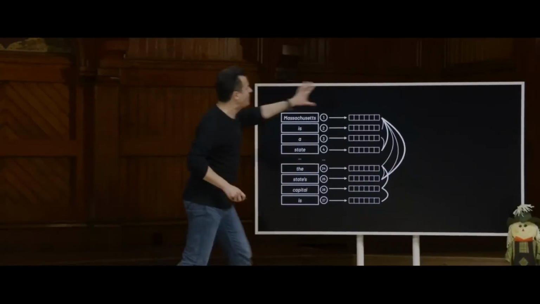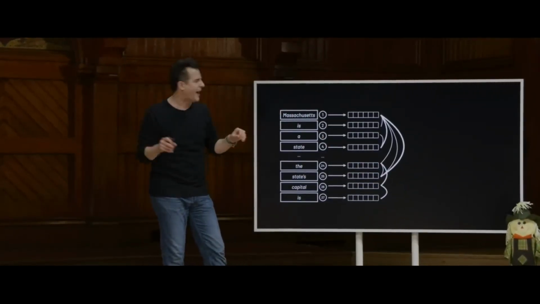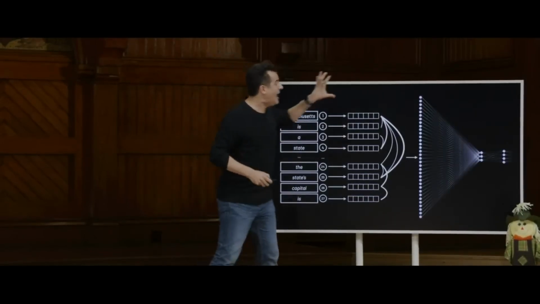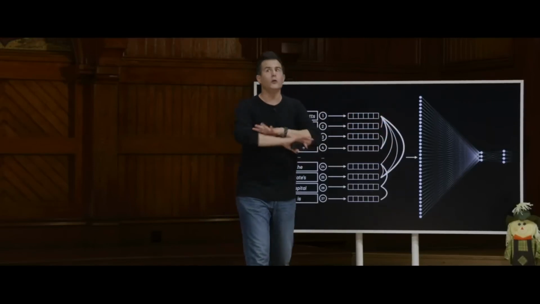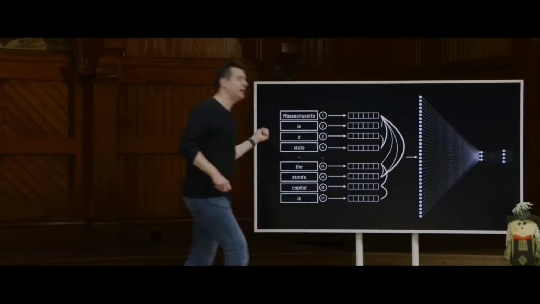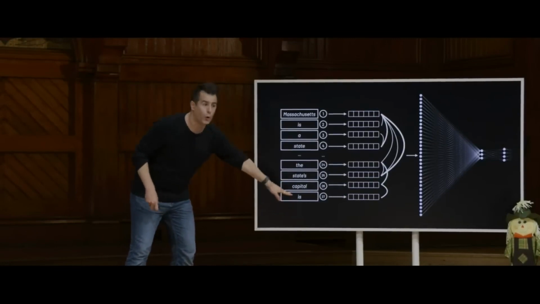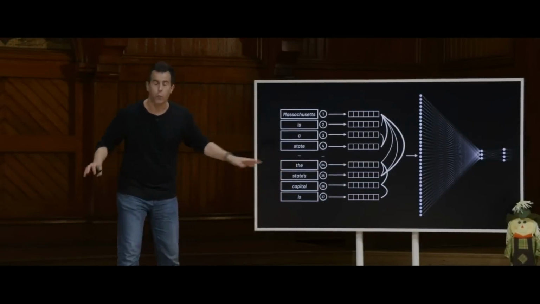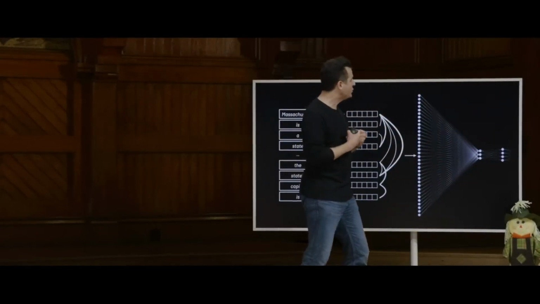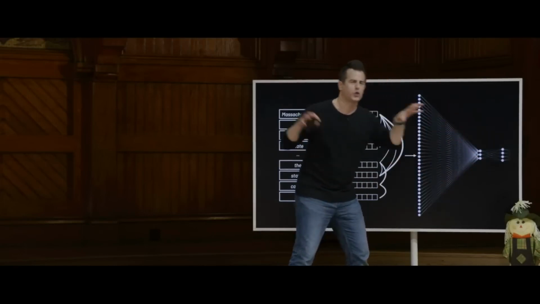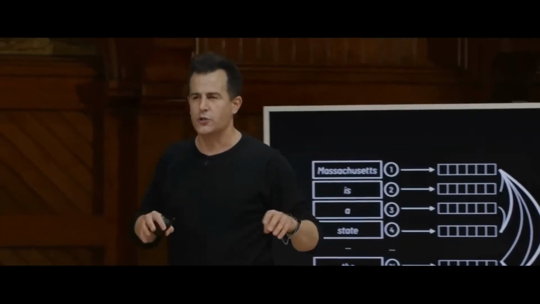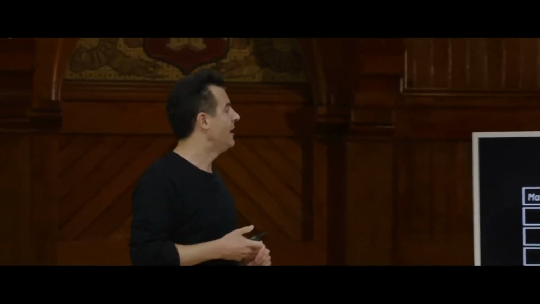So in a case like this, these lines represent all of those attention values, and thicker lines mean there's more attention given from one word to another. Thinner lines mean the opposite. And those inputs are ultimately fed into a large neural network where you have inputs on the left, outputs on the right. In this particular case, the hope is to get out a single word, which is the capital of Boston itself, whereby somehow the neural network and the humans behind it at OpenAI, Microsoft, Google, or elsewhere have crunched so many numbers by training these models on so much data that it figured out what all of those weights are, what the biases are, so as to influence mathematically the output therefrom.